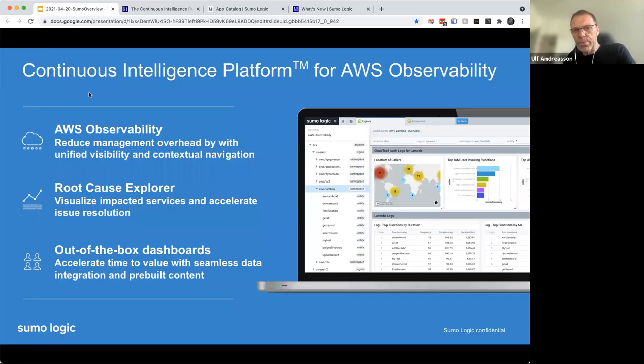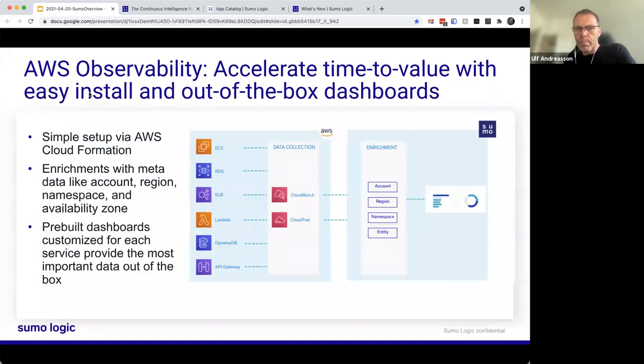And it's not just the observability. We actually also have something called Root Cause Explorer, which I will take you through as well. And in addition to that, we, of course, have all of the out-of-the-box dashboards that we already provide to you. So before we jump into the demo, I should mention that one reason for us to be able to do